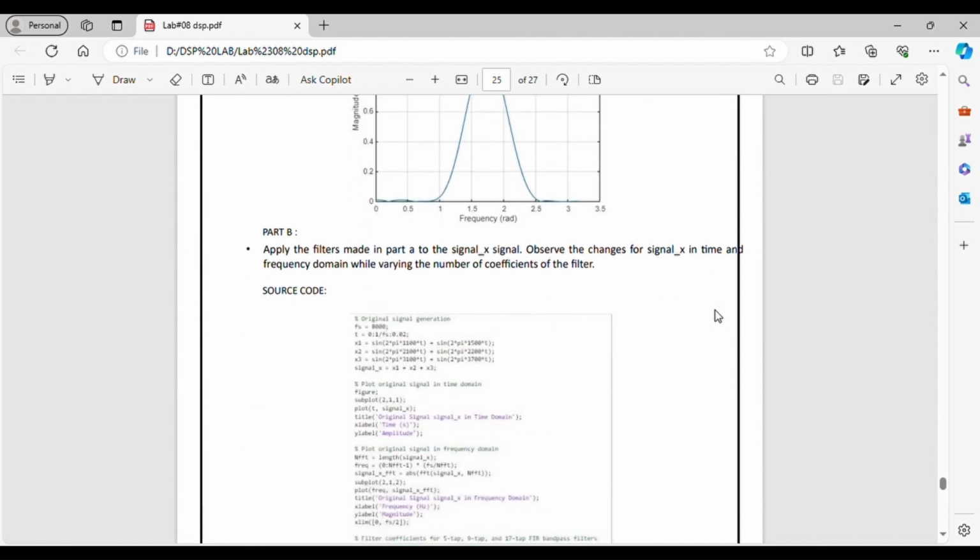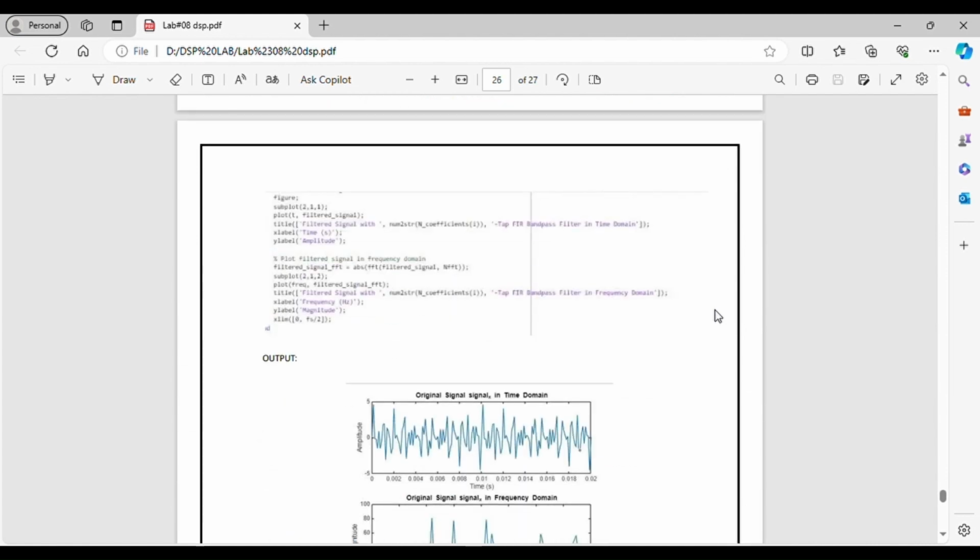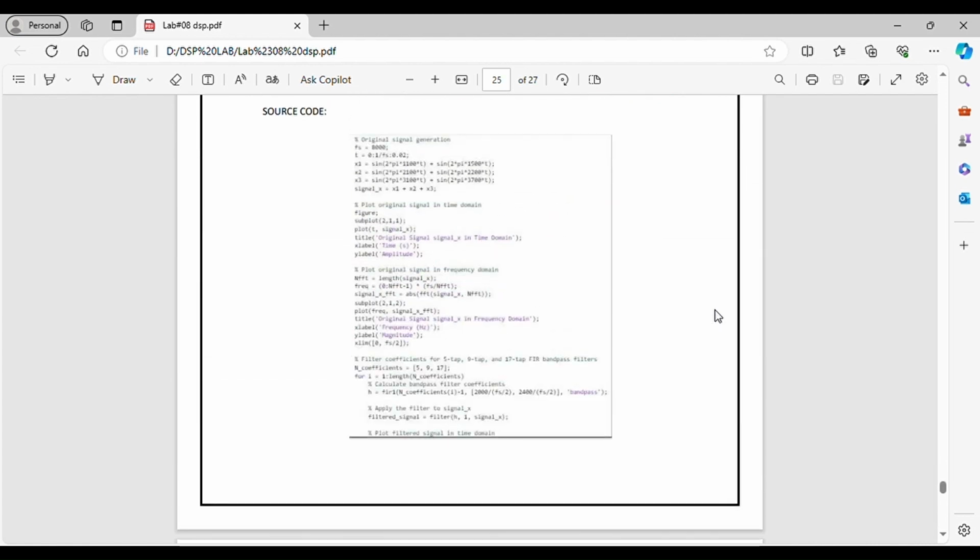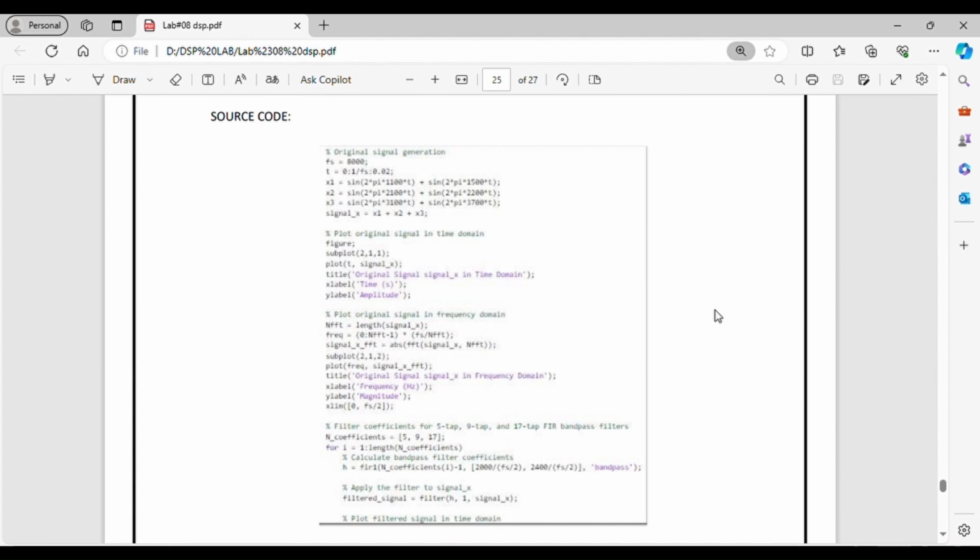In part B, apply the filters made in part A to signal x. Observe the changes for signal x in time and frequency domain while varying the number of coefficients of the filter. F s is equal to, the sampling frequency is equal to 8000, the time is 0:1 divided by the sampling frequency, and the x1 signal is given. Now compute the whole signal by giving the name signal x equal to x1 plus x2 plus x3, and